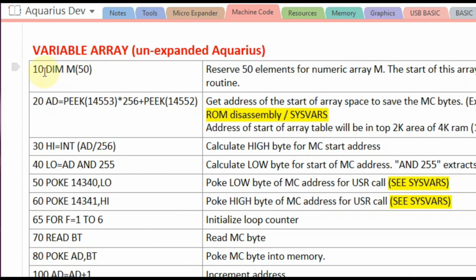The first line of this program dimensions the M variable array, which as we now know will reserve a couple hundred bytes of memory for us. In the next line, we already looked at this formula that extracts both the high and low memory portions to tell us where this array lives in memory, and we store that in a variable called AD. Then these next lines are exactly the same as what we looked at in our previous videos. We're calculating the high byte and the low byte for the start of the machine code address. And then we're poking those high and low bytes into these addresses here, 14340 and 14341,